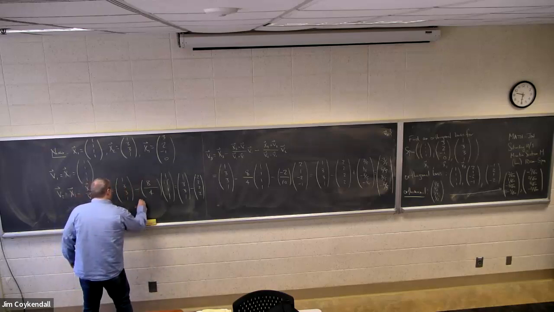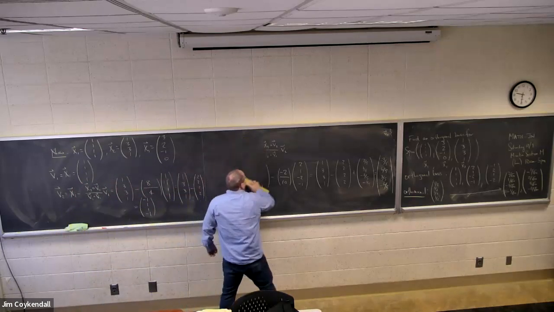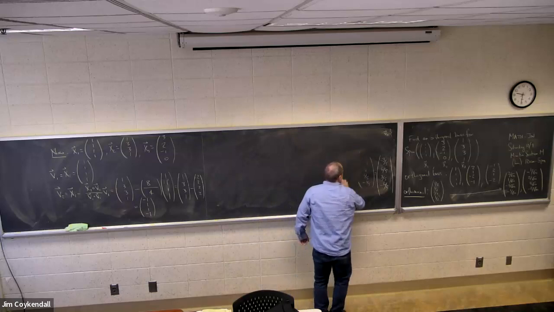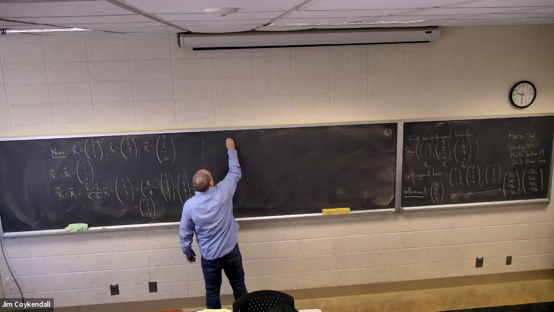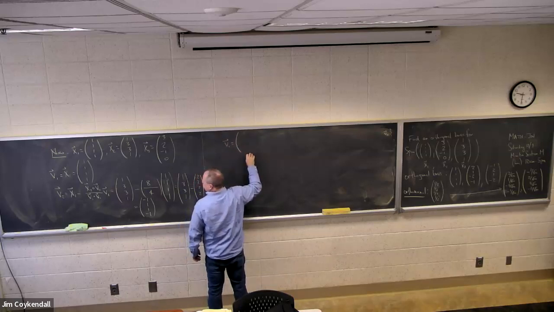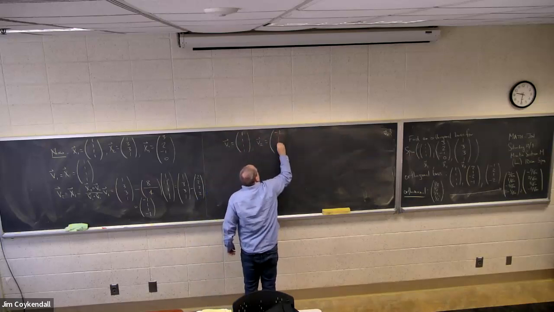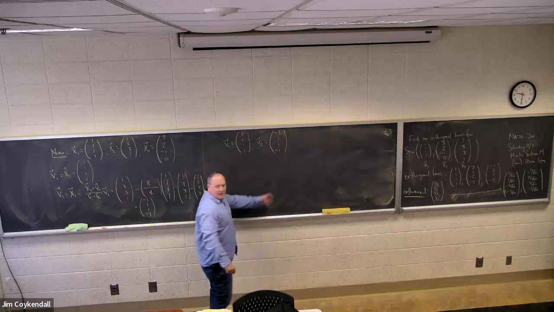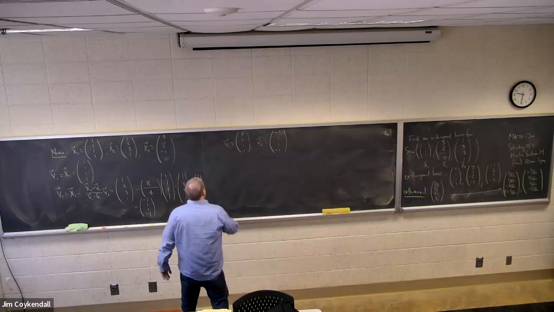So I get minus 1, 1, 1, minus 1. So here, as I build these up, we've got to check these through orthogonal. I forgot the dot product is in here. Finally, V3